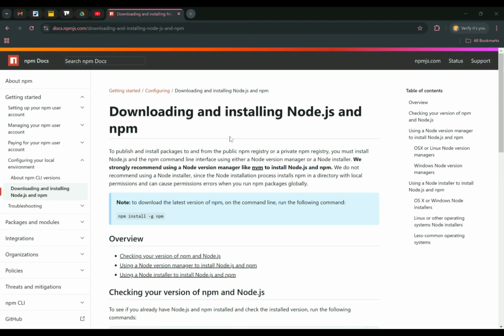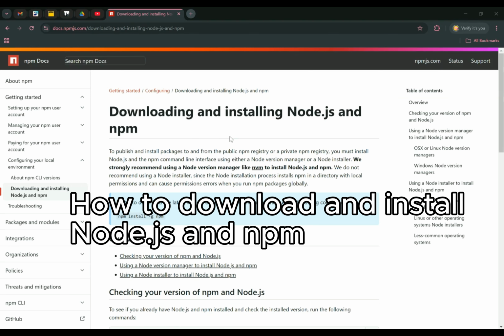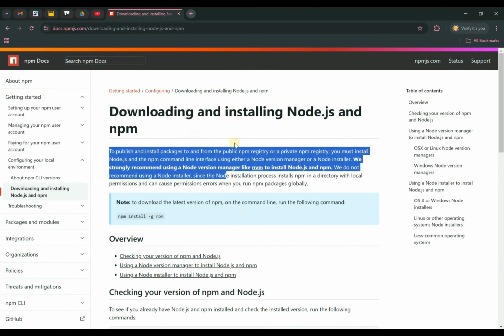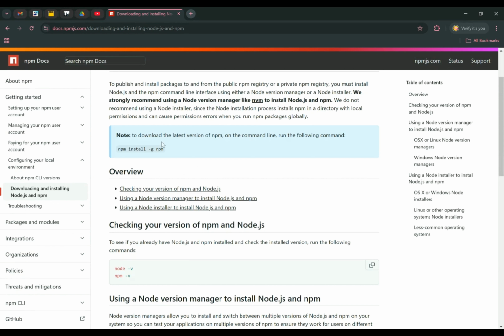In today's video, I'll show you how to download and install NodeJS and NPM. So first of all, you'll need to go on this website. I have already just logged in. So we will have over here a code that tells us how to download the latest version of NPM